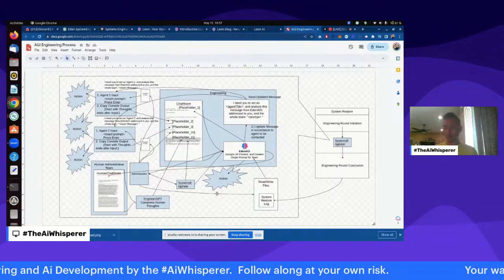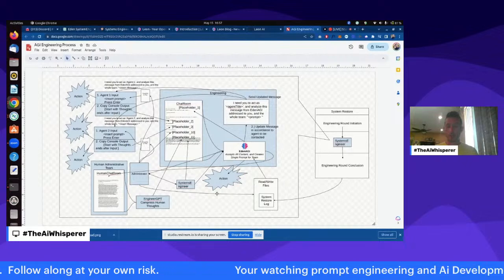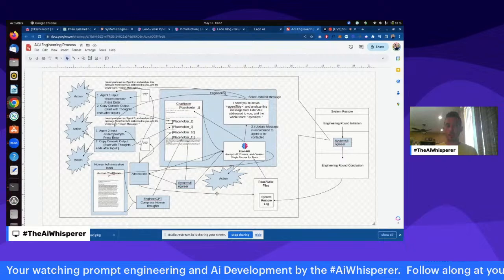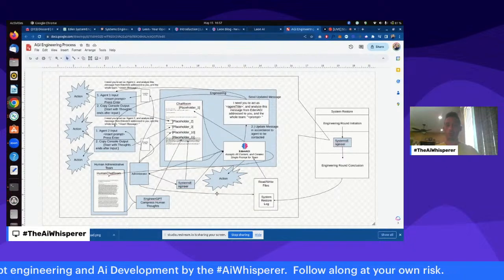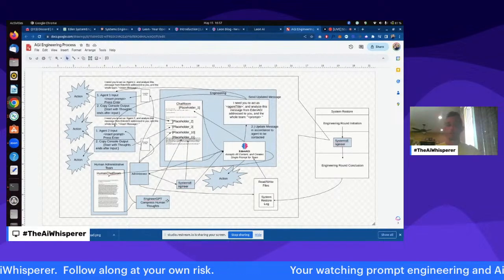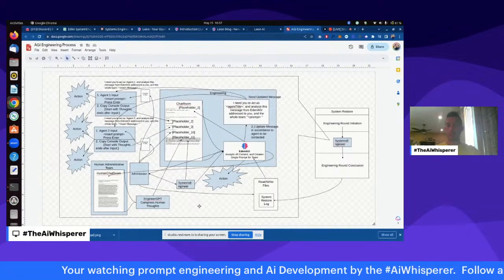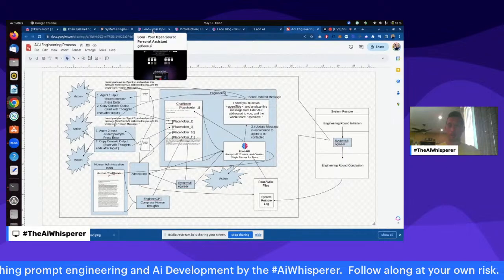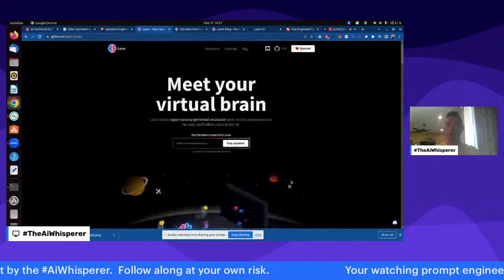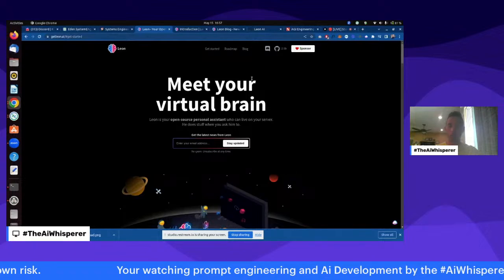Now, the problem here is that this is a very complex process that we have here. And we need to figure out a way to automate all these little arrows. This copying and pasting has to be done, the moving of information, all this kind of stuff. This is where Leon AI comes into the picture. Leon comes in as the opportunity to not just automate these processes, but to have an AI autonomously complete the